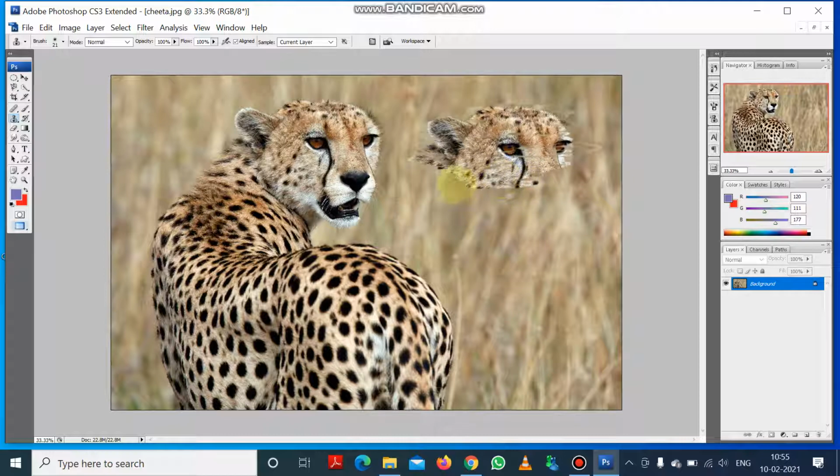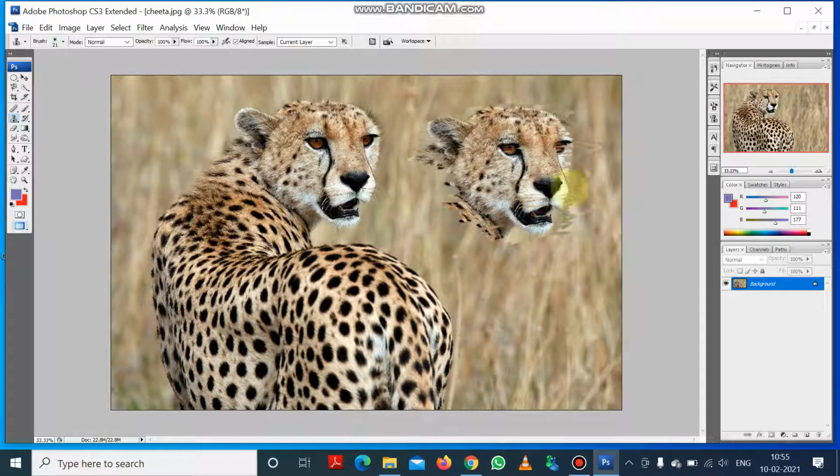So first of all, you need to select the area from where you can start cloning. I have selected with the help of Alt button. I pressed the Alt button, then I moved the mouse pointer, and that portion was copied, and now I am moving my mouse pointer in another portion of image, and you can see the same face of the cheetah is cloned.